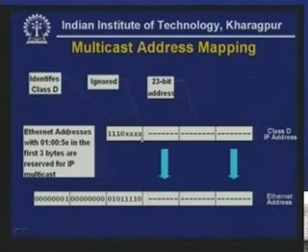Then this bit is actually ignored, and then we have a 23-bit address. This 23-bit address comes straight to the Ethernet address. So these 7 bits, these 8 bits and these 8 bits are mapped straight to the last 3 bytes of the Ethernet address. For the first 3 bytes of the Ethernet address, we have a 1 here showing that this is a